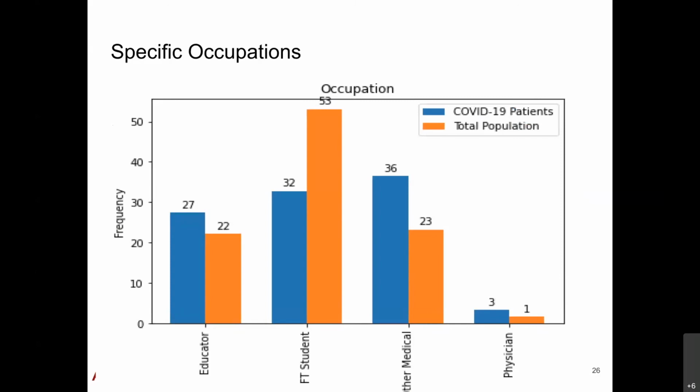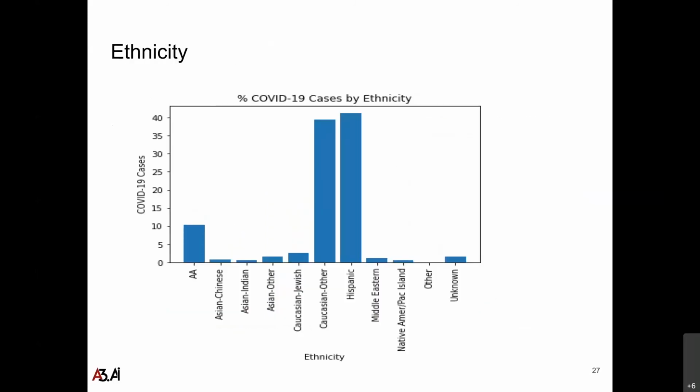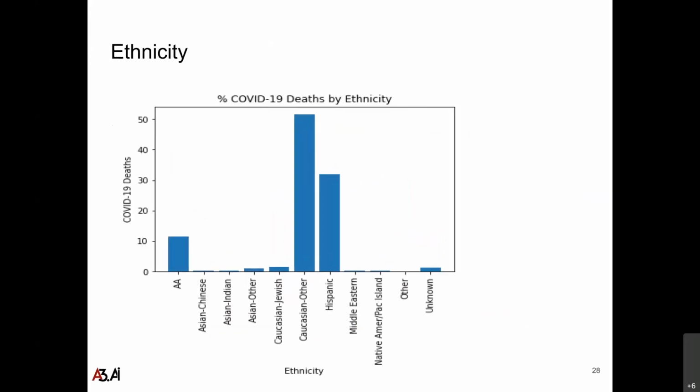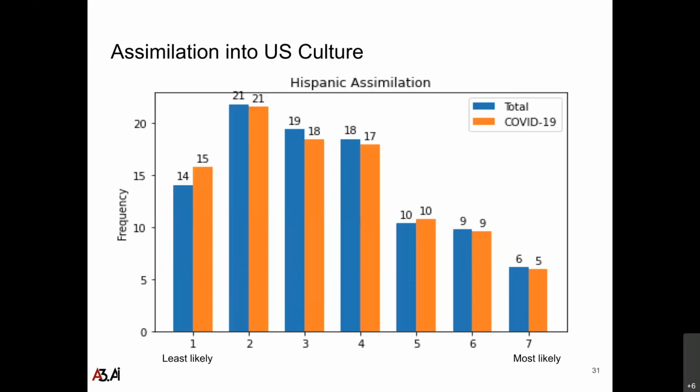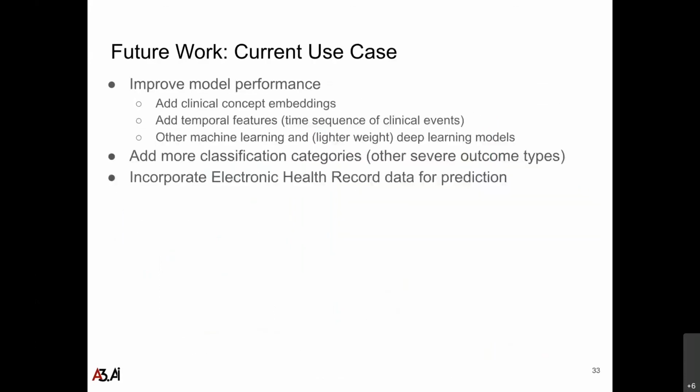Educators, students, medical workers, and physicians, we suspect these people might be of particular interest. So the educators are higher risk. Students are low, but that remains to be seen when the schools are open. We are also going to do this by ethnicity, comparing the COVID death with COVID infection within the ethnicity. Long story short, the Hispanic population, more than African American, actually has a higher COVID illness burden. So there's more data there. So there's a whole bunch of future work for these two clinical threads of work.